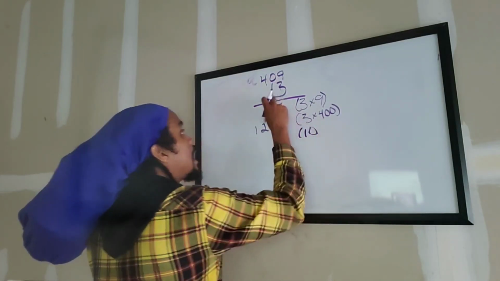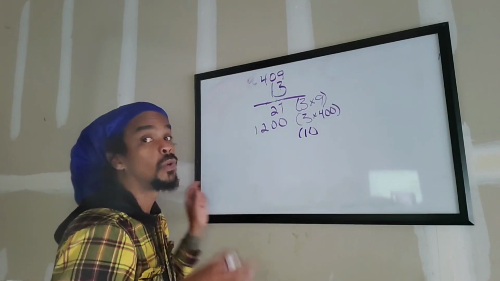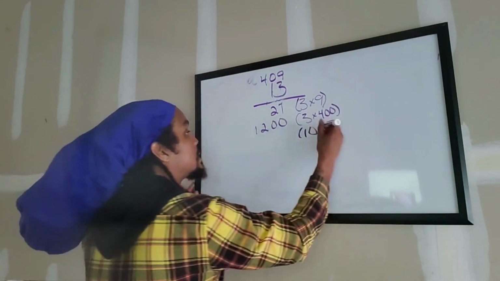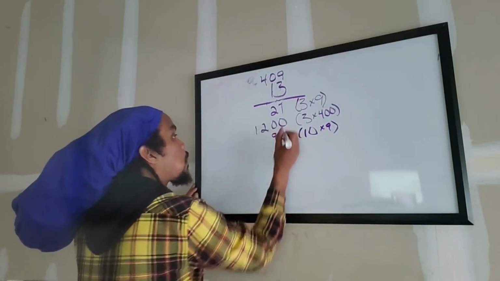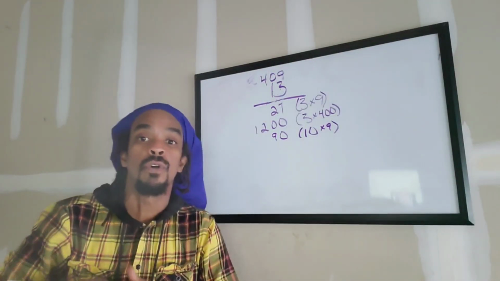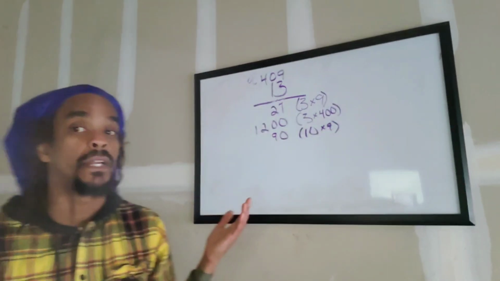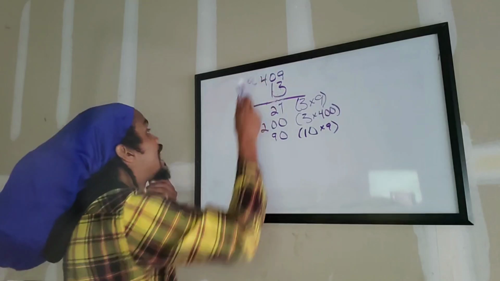10 times a 9, and the 9 is in the ones place, so it is just straight up 9. 10 times 9 equals 90. And now 10 times 0. Anything times 0 is 0. So I'm not even going to write it. Like I said, you can write it if you like. So now 10 times